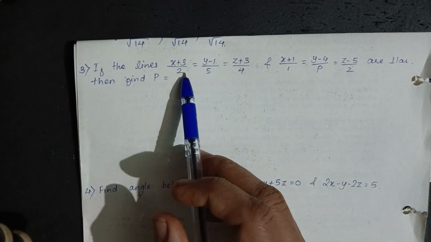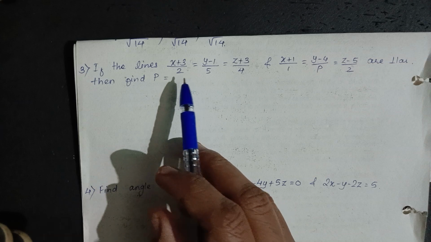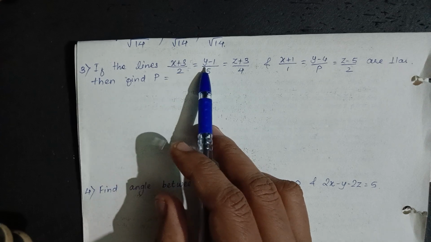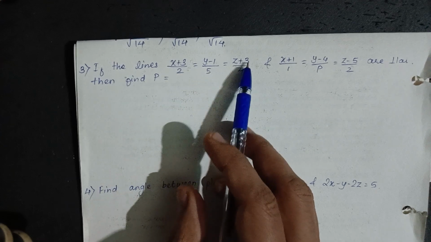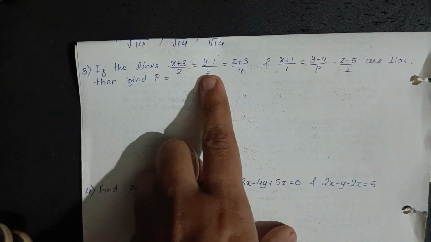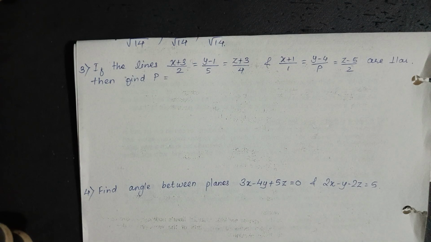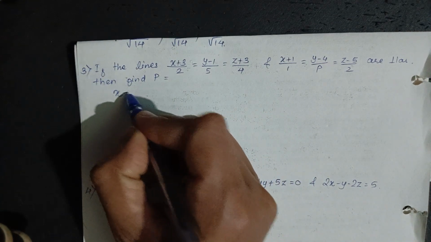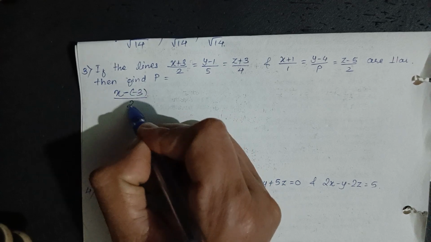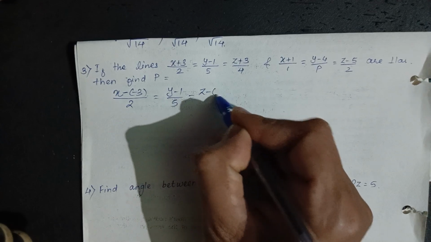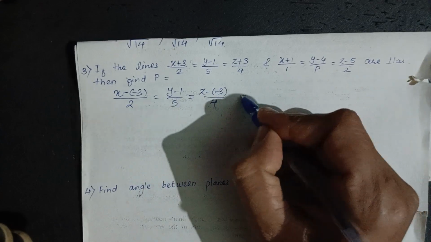The general form, that is the Cartesian equation of a line, is given by x minus x1 upon a, y minus y1 upon b, and z minus z1 upon c, where a, b, c are the direction ratios. So the equation is x minus of minus 3 upon 2, y minus 1 upon 5. Second is